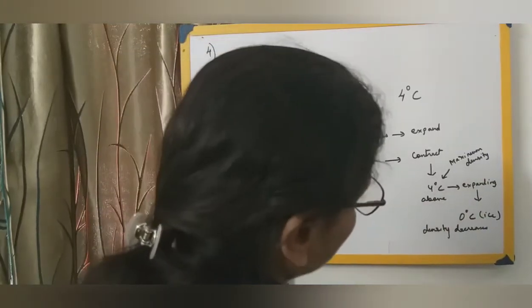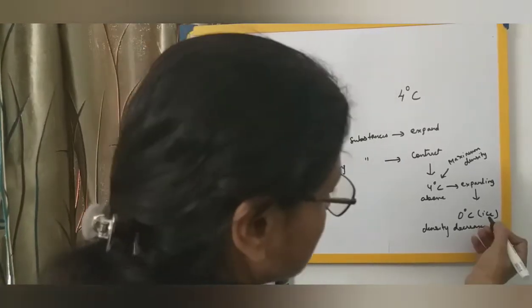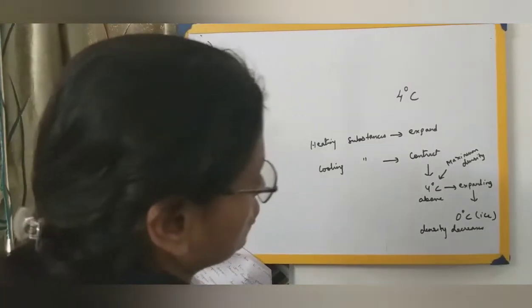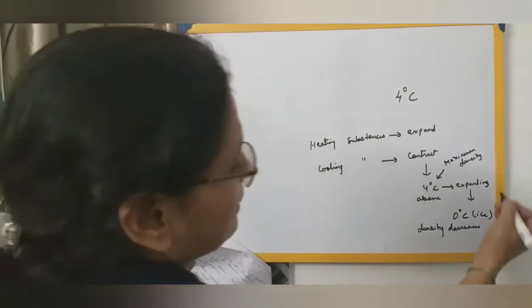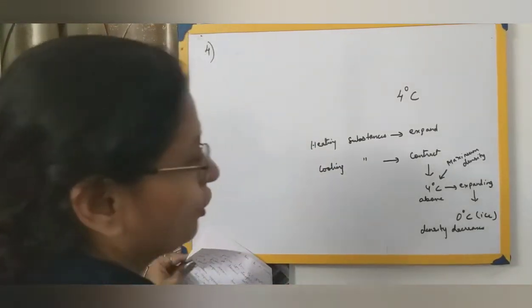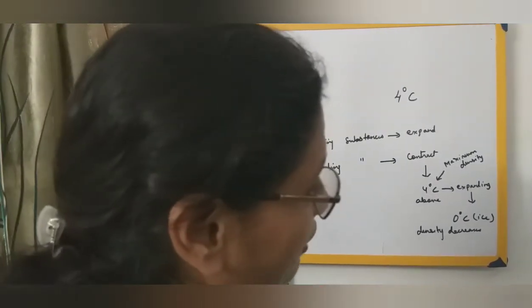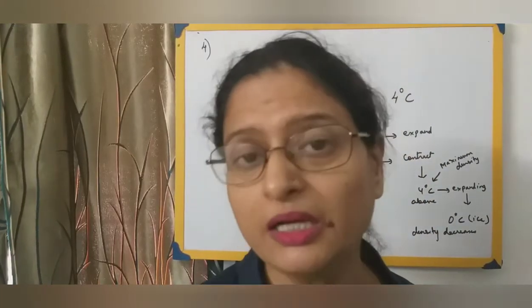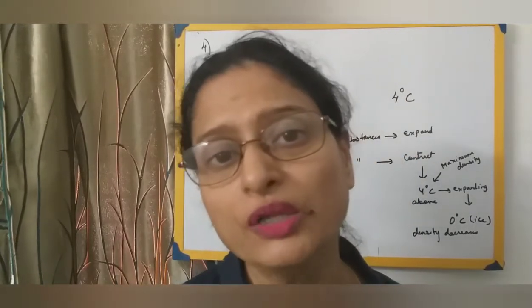At 4 degrees Celsius water possesses the maximum density, because when you are further cooling it below this temperature, water will start expanding until it comes to 0 degrees Celsius and forms ice. And from here density also starts decreasing. If you compare water and ice, obviously ice has less density. So when we put ice into a glass of water, ice always floats on water. You can just check it out now. You take one glass of water and put ice into it. You'll find that ice will be floating on the surface.